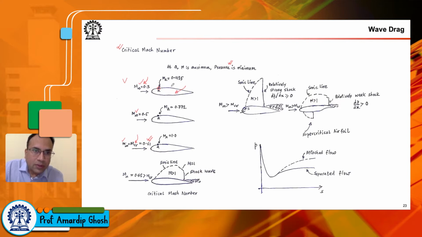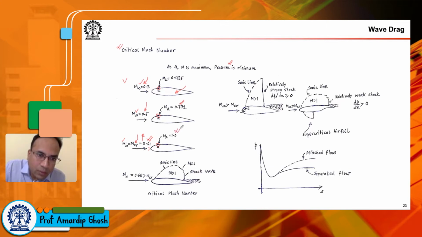Okay, so at point A, you have the highest Mach number on the top surface. Here pressure is minimum, velocity is maximum, and Mach number is also maximum, at 0.435. As you crank up M infinity to 0.5, the Mach number at point A increases to 0.772. Furthermore, when you crank it up to 0.61, you see that the Mach number at A, the point that has the highest Mach number,